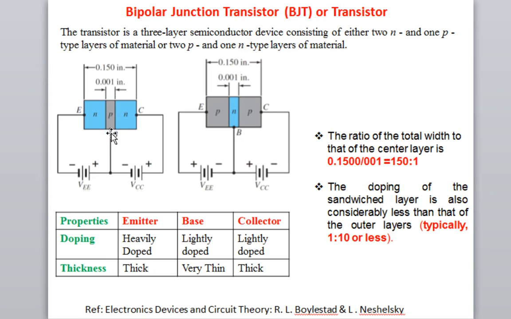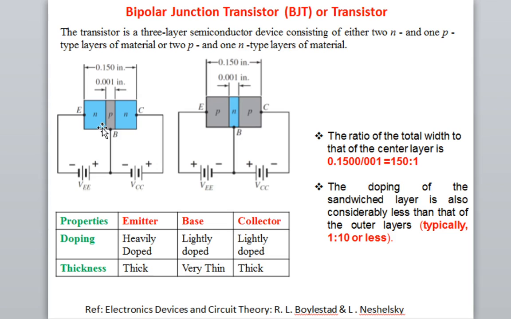So this middle one is known as the base, and the right one is known as the collector. In case of NPN, this is emitter, base, collector. In case of PNP, this is emitter, base, collector. But remember, they look quite similar in diagram. This NPN,